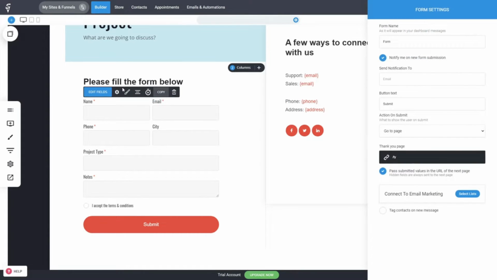So this is very, very important. Here you can list the emails that you want to notify when somebody submits this form. You can add one email or multiple emails by listing them with a comma. So if you want, you can list more. And important parts here are that you can then show a message after they submit the form, or you can